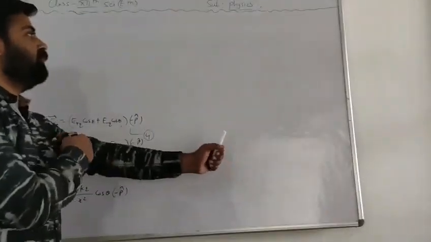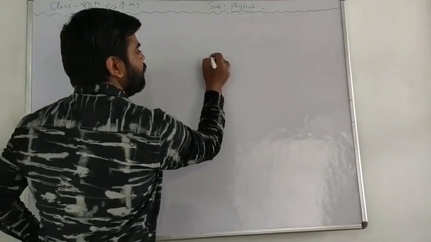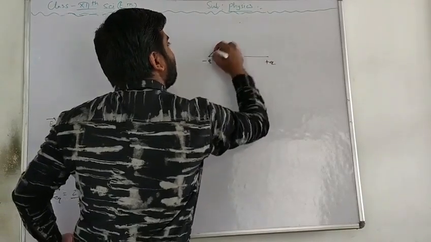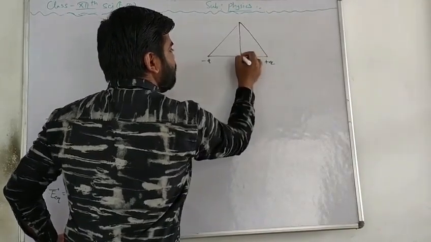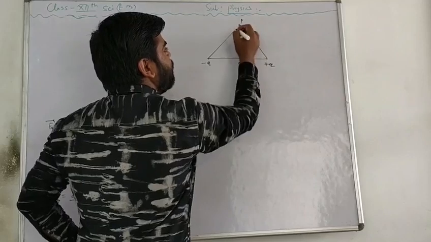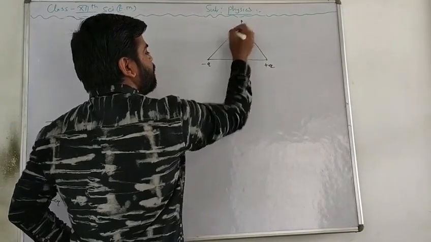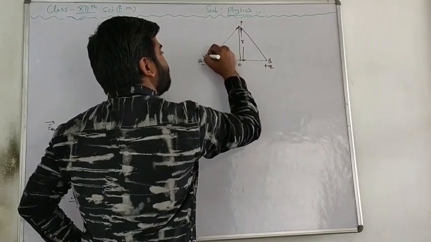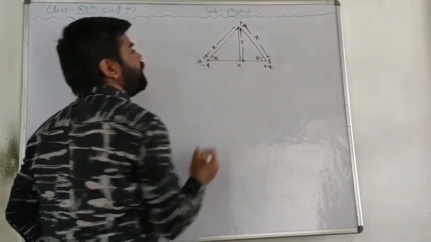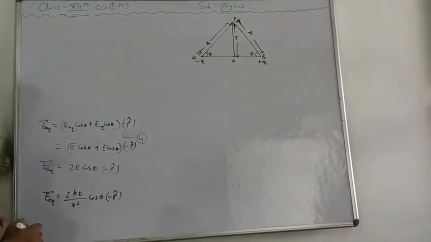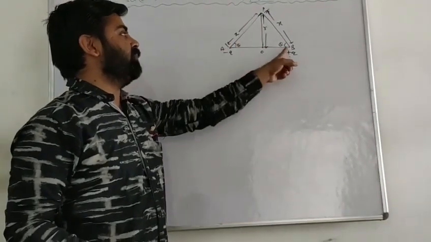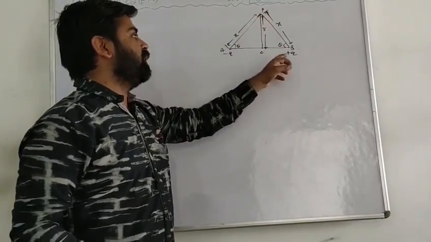So again we draw the diagram as I discussed previously. Minus q charge, plus q charge at its center point O, and from the center at small r distance is the point P. The distances of P from points A and B are equal, which is small x, and the angles are also equal, which are theta and theta. So to convert small x in terms of small r, we use the diagram and we use triangle AOP or BOP.